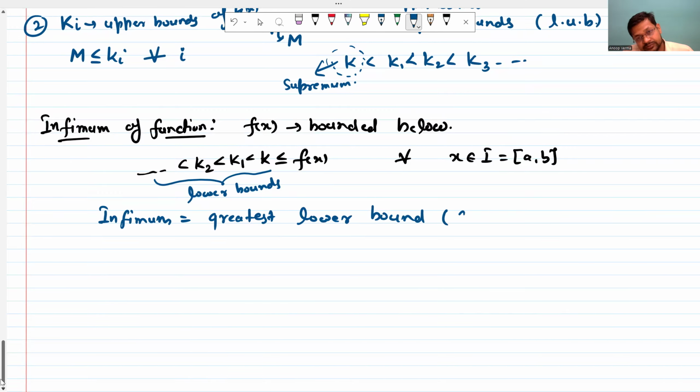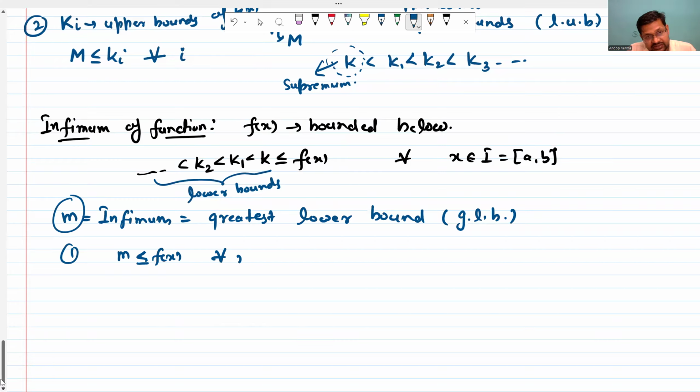और इसको हम सिंपली GLB शॉर्ट में रिप्रेजेंट करते हैं, यानी ग्रेटेस्ट लोअर बाउंड, जो इन्फिमम कहलाता है। इसको हम स्मॉल m से डिनोट करते हैं, आपकी टेक्स्ट बुक में स्मॉल m। तो अगर हमने कहा कि स्मॉल m इज द ग्रेटेस्ट लोअर बाउंड, इट मीन्स पहली बात तो ये लोअर बाउंड होना चाहिए। लोअर बाउंड का मतलब है कि m शुड बी लेस दैन ऑर इक्वल टू f(x) फॉर ऑल x इन दिस इंटरवल a, b।